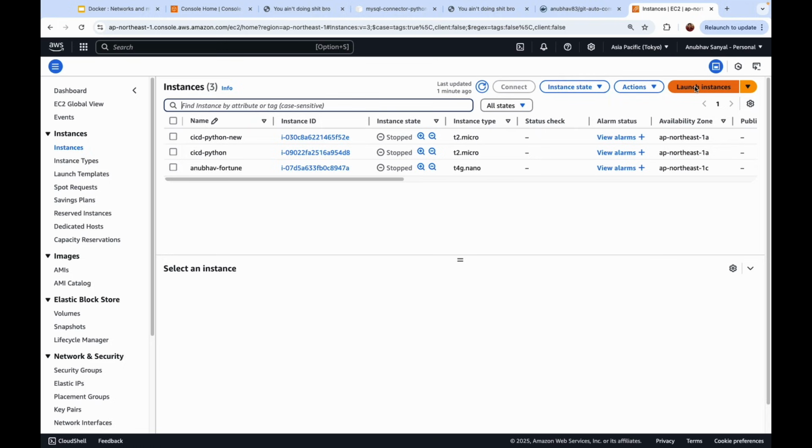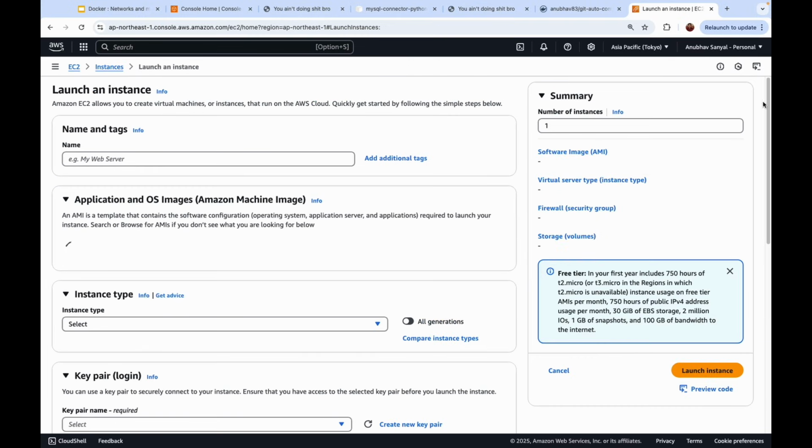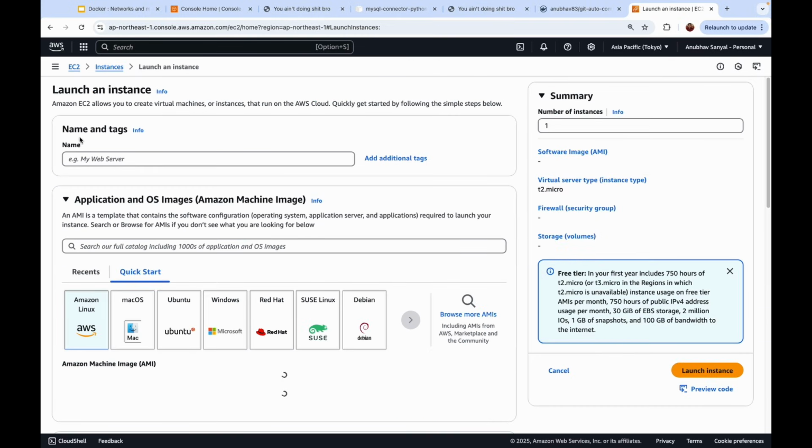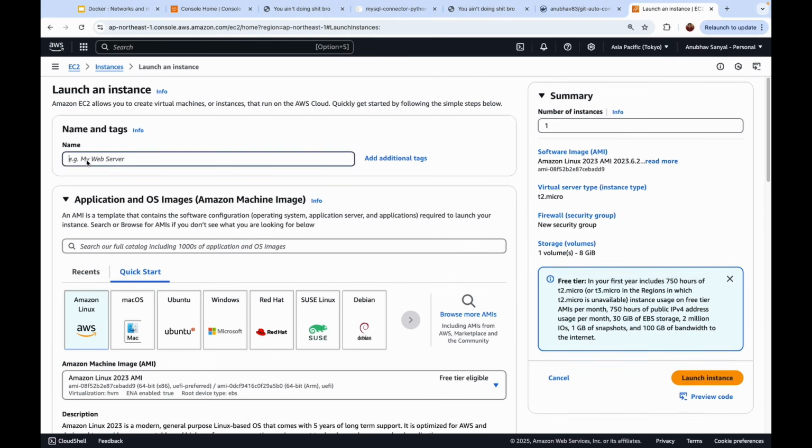So yeah, let's click on this thing called launch instance. If you go to launch instance, you would see it asks me to give a name to this specific machine. I will call it git auto commit machine, right? And then it tells me, okay, which is the